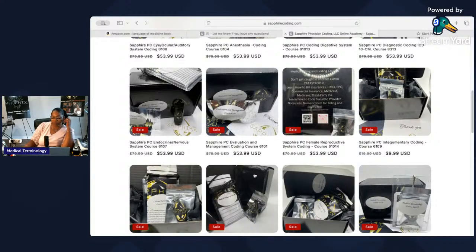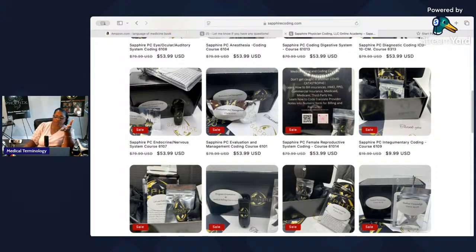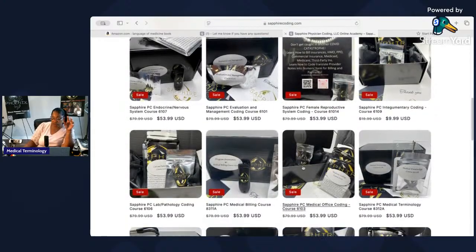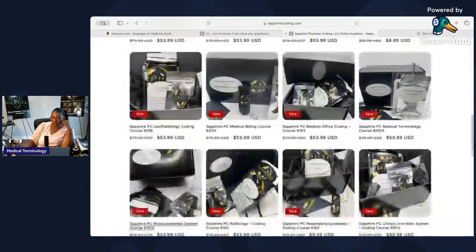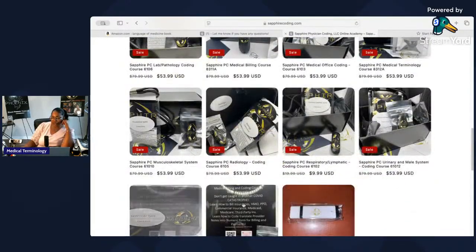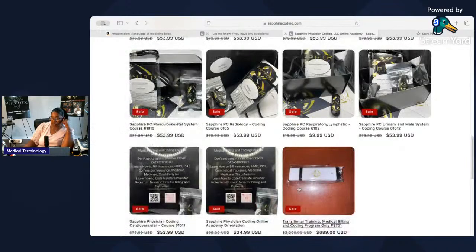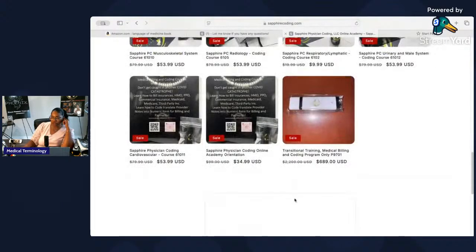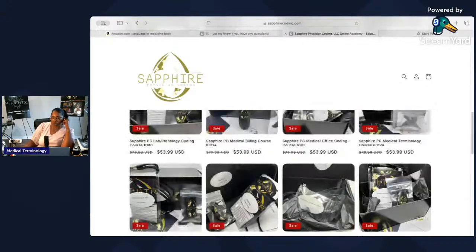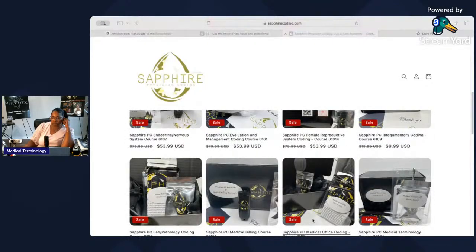This is pretty much for picture purposes. I can put it on a flash drive if you want, but I'd rather have you download it and put it in a folder. If you get these courses and you got lab and pathology, I want you to make a lab and pathology folder. This is for YTU. My Sapphire students, you already know what to do, but I want to make sure my YTU students also know what to do. So that's pretty much the bookstore for us.